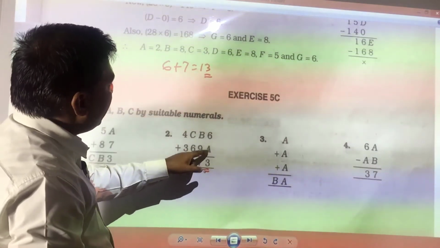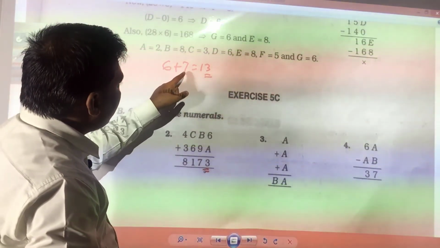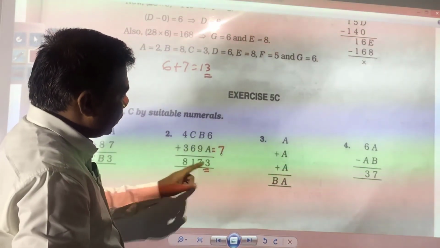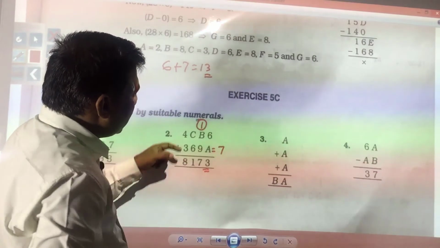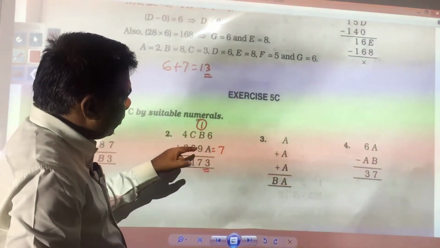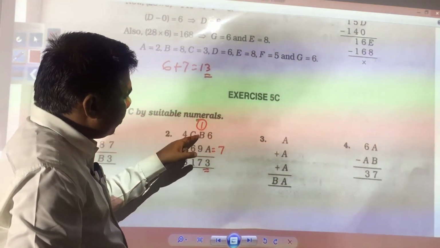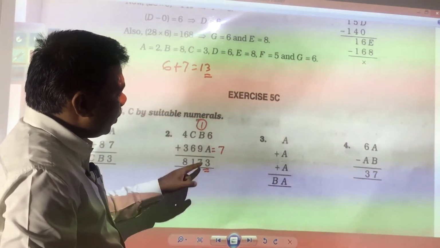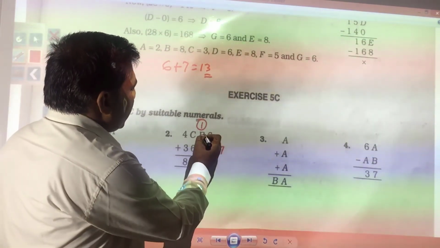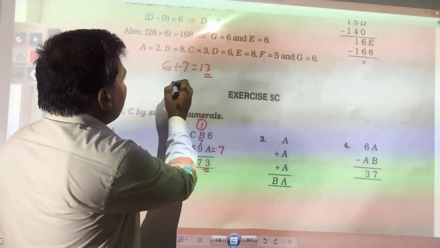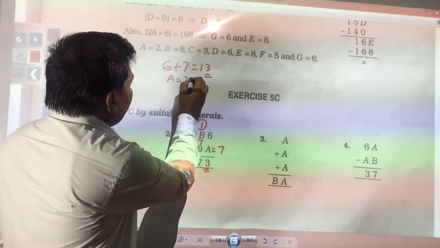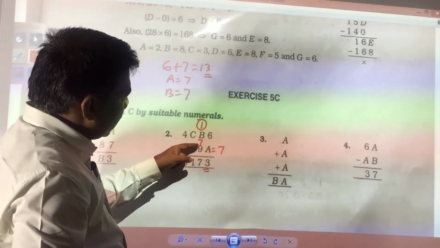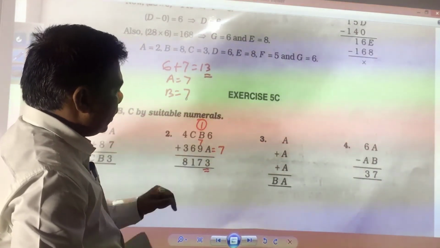So, in place of A what you need to have is 7, A is equal to 7, 6 plus 7 is equal to 13, again 1 in hand. So, 1 and 9, 10 it became, 10 plus what number you will put in place of B, so that you will get 7? So, 10 plus 7 will become 17. So, in place of B what should be there, again 7. A is equal to 7 and B is equal to again 7, 7 plus 9 is equal to 16 and 1, 17.